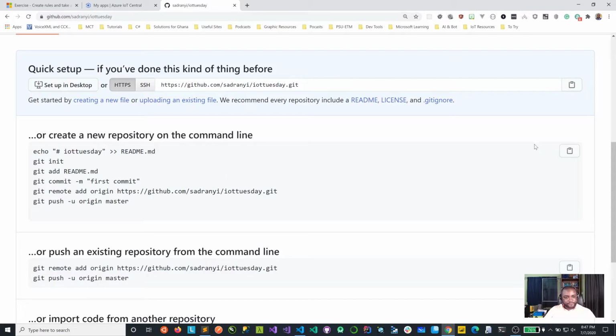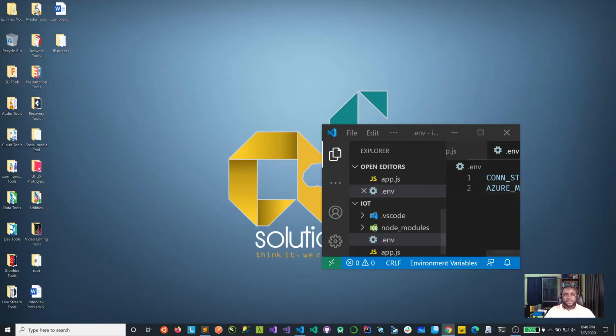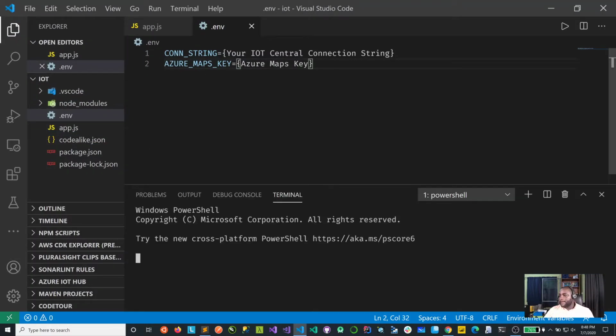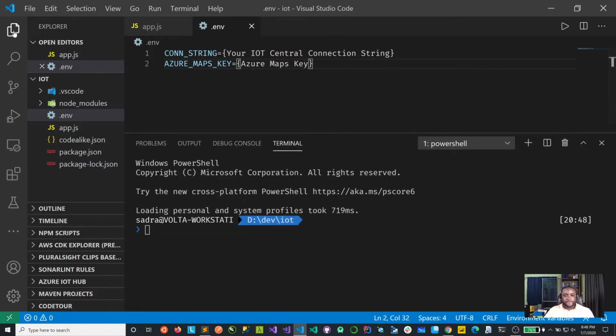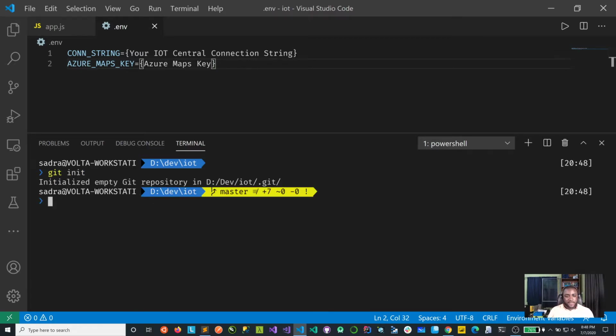So let's go ahead and, in our code base, let's do this right now. Let's go ahead and run git init, and what's going to happen is that it's going to initialize the git repo here for us. And what I'm going to do now is connect it to it. Okay, so let's go ahead. There are a lot of things that we need to add. So I'm going to go ahead and git add